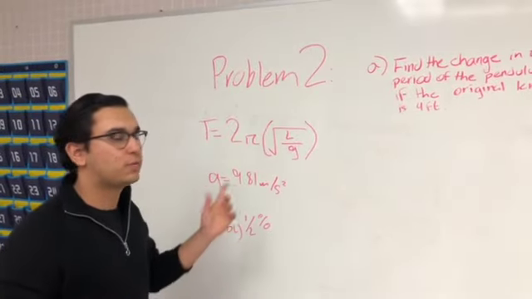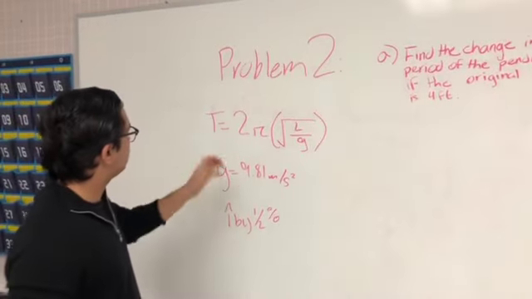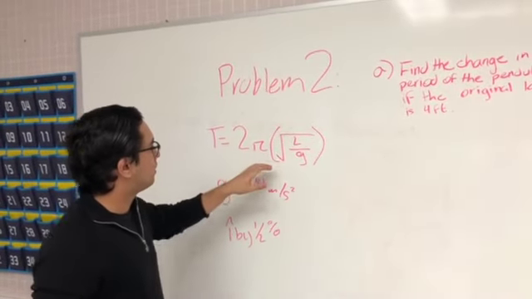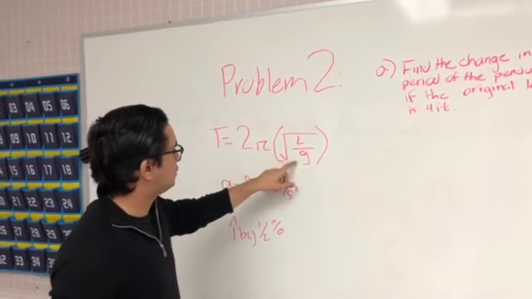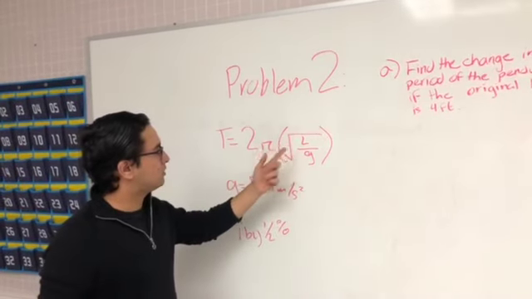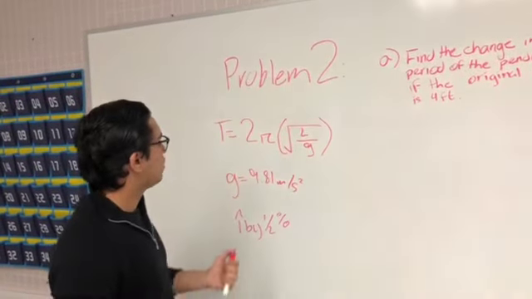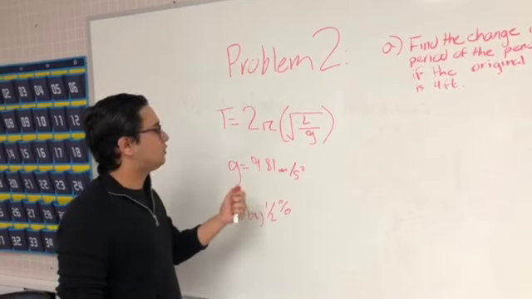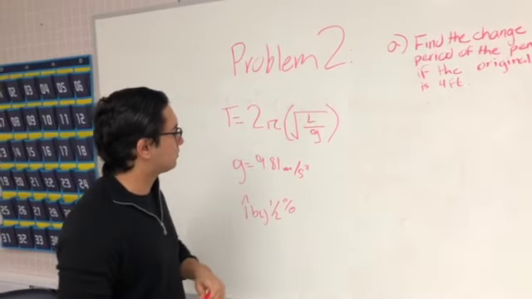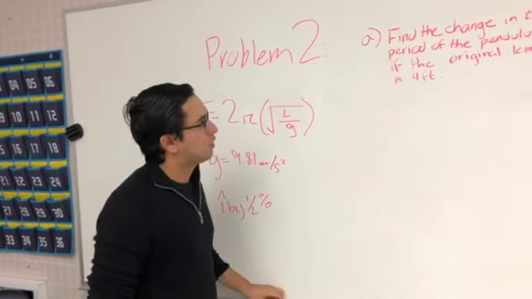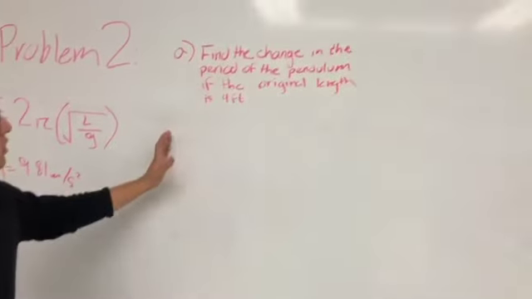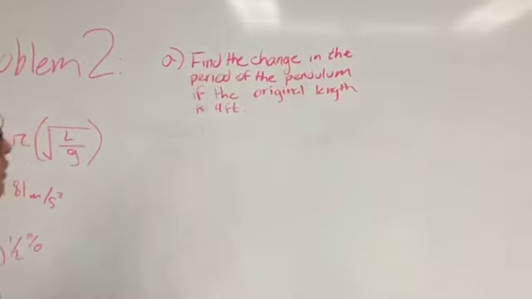Okay, so we're going to be doing problem 2 in section 1, which is T equals 2 pi square root of L divided by g, where L is length and g is gravity. We know that gravity is equal to 9.81 meters per second squared. So now let's go ahead to problem A, which is find the change in the period of the pendulum if